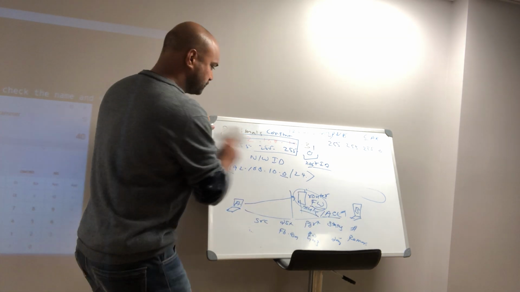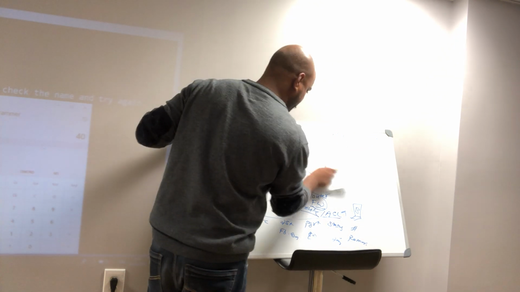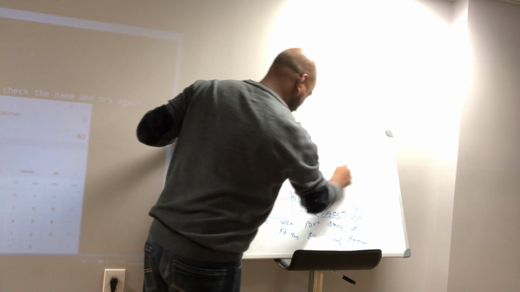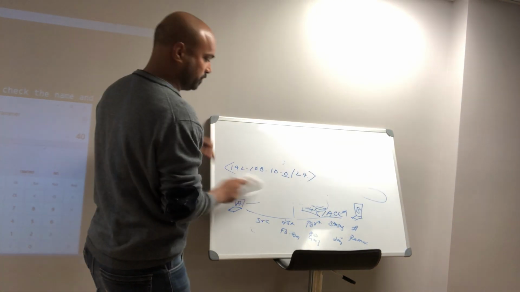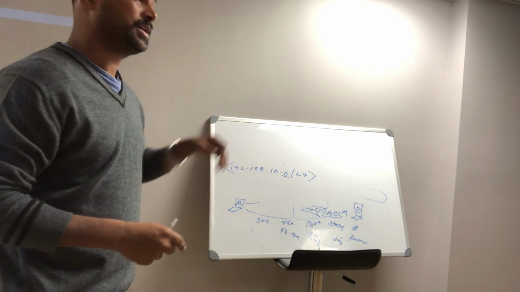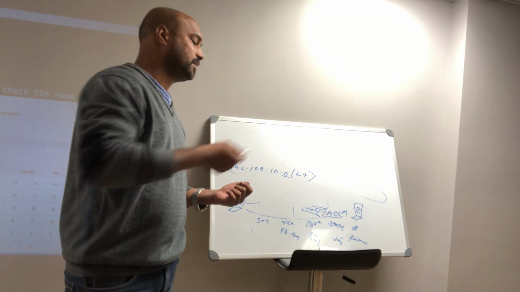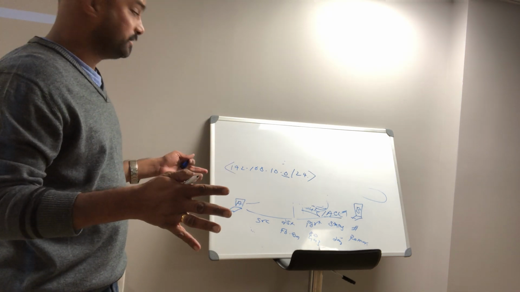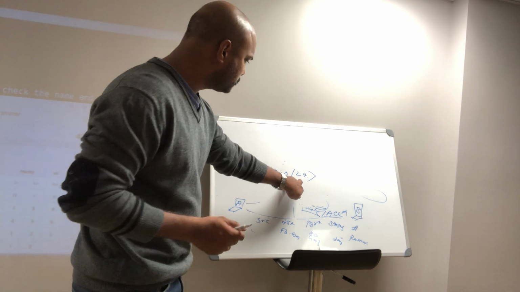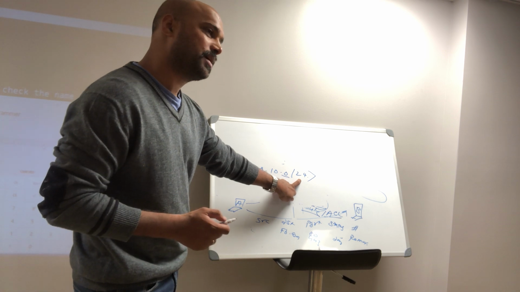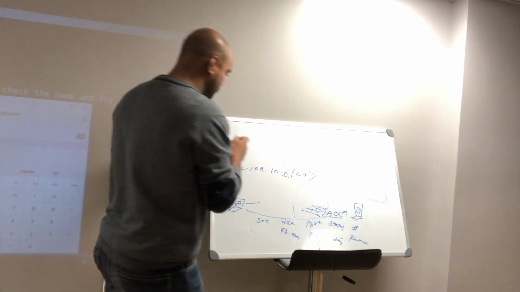So if I erase all of this and keep just this part on the board, 192.168.10.0/24, you actually write it on a piece of paper and give it to a network admin, he will understand quite a lot of things. He'll say, okay, you're giving me this. Looks like you got 24 ones in the subnet mask. And you put 24 ones like this, which is